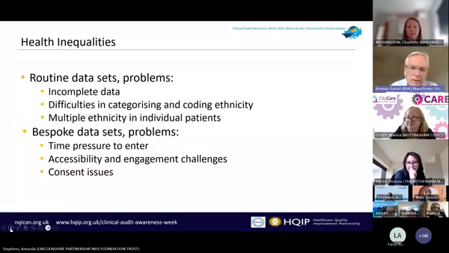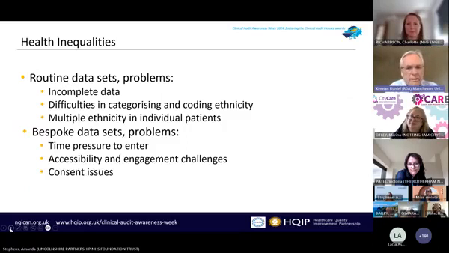And then finally, consent issues. There are sensitive issues with certain groups, and you'll all have come across this, who aren't particularly keen to be giving out ethnicity information. And so these were the big problems that the audit providers were coming across, preventing them getting much better reviews and analyses of outcomes.